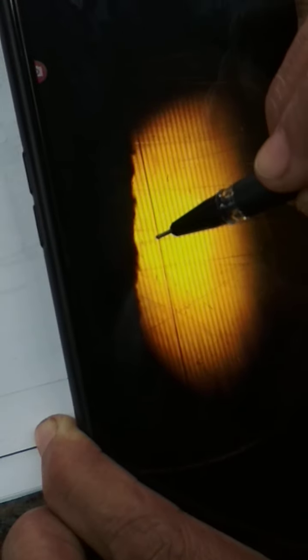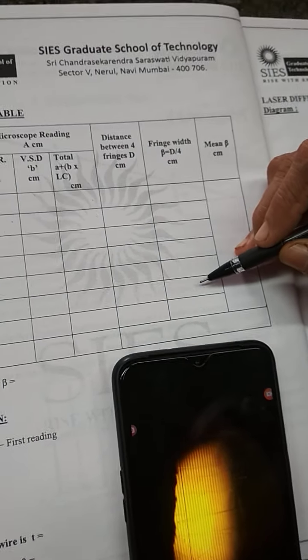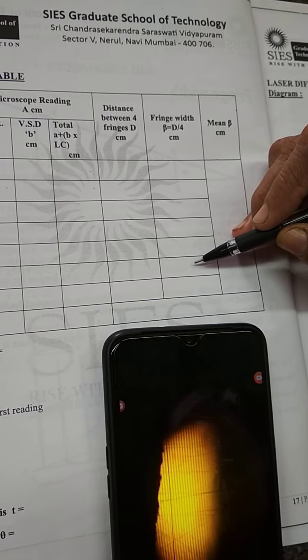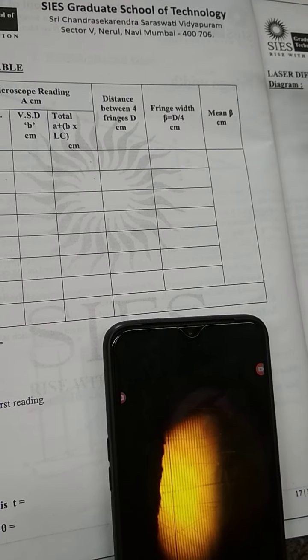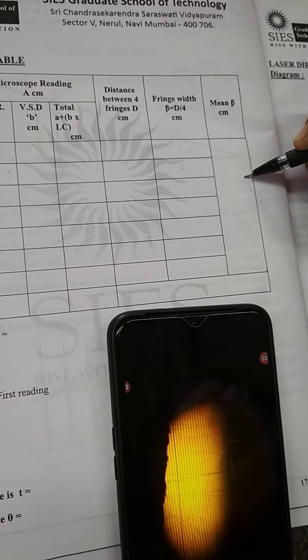So fringe width is nothing but the distance between 2 successive dark bands. You will find fringe width for 6 readings and then take its average, that will be the mean fringe width. Finally, you have to note down the hair reading.